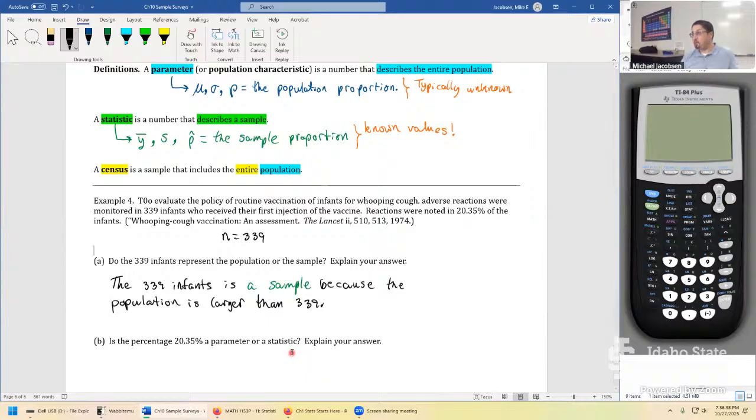Yeah, absolutely. The moment we said the 339 infants count as a sample, we can come back up here. A statistic describes a sample, so this value is in fact p hat. So absolutely right, we can say here, using the symbol just as a way to start to learn this symbol, we'll use it more and more. P hat equals 20.35 is a statistic